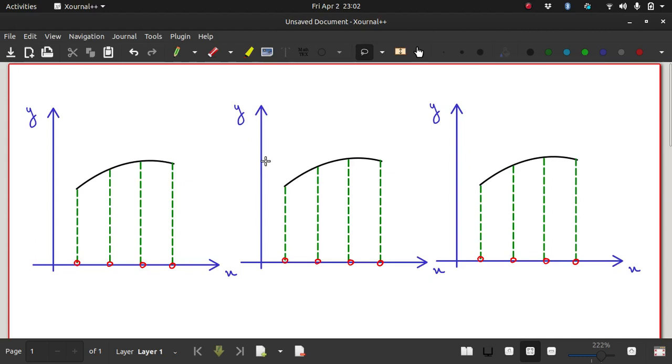Today we look at the numerical integration techniques using the method of Riemann sum and the midpoint method. These are the simpler methods of numerical integration. As you can see, I'll focus on the leftmost graph here. If you want to integrate the function which is shown by the black curve, what you need to essentially do is calculate the area underneath this curve, and the way you can do that